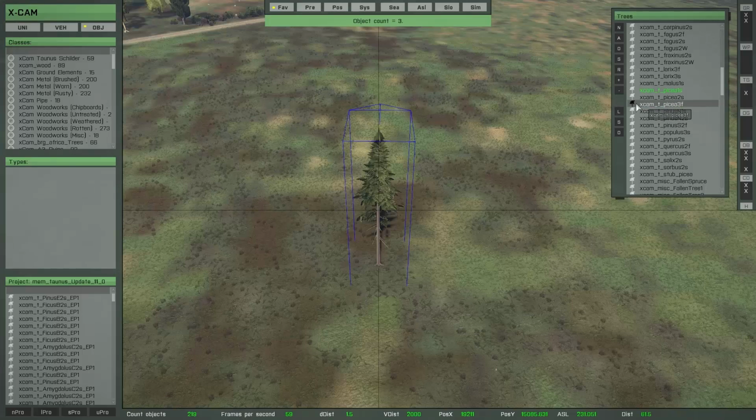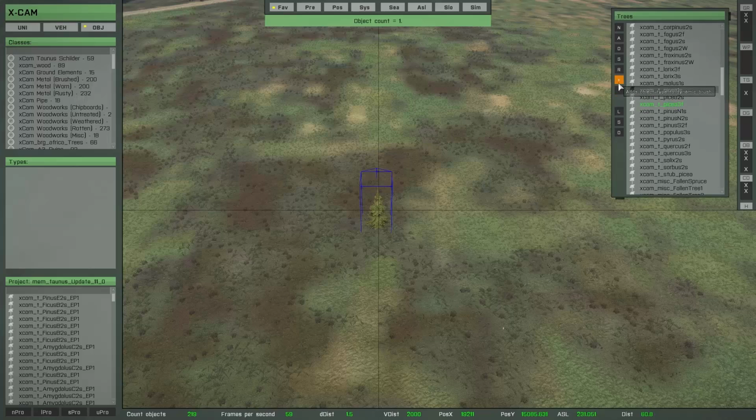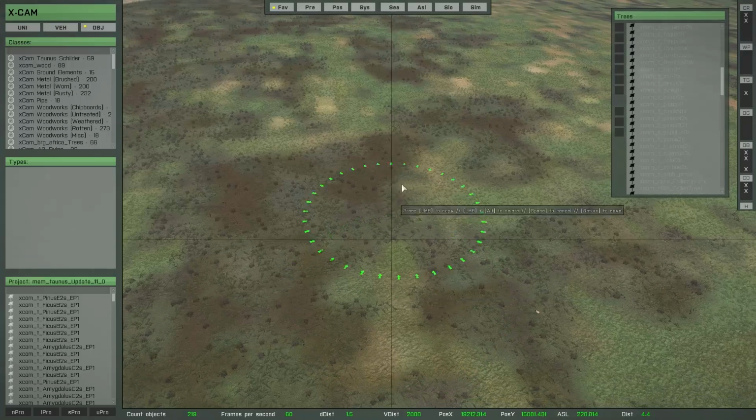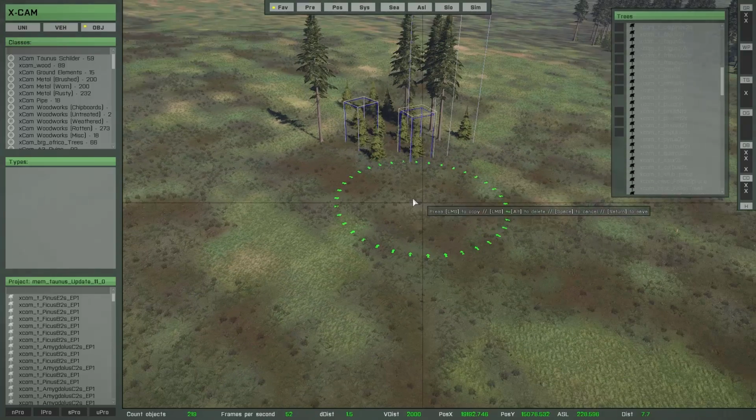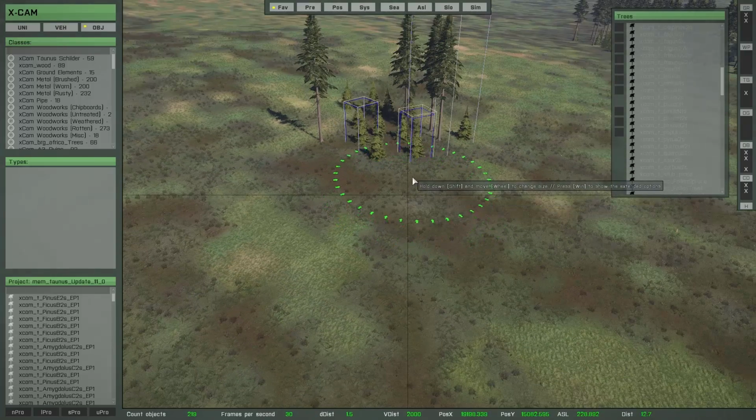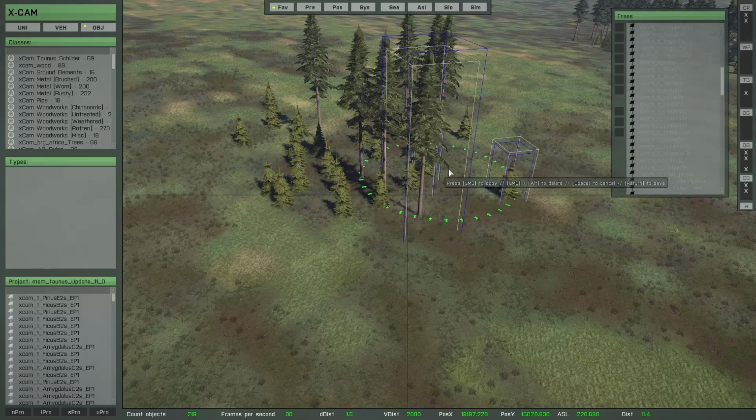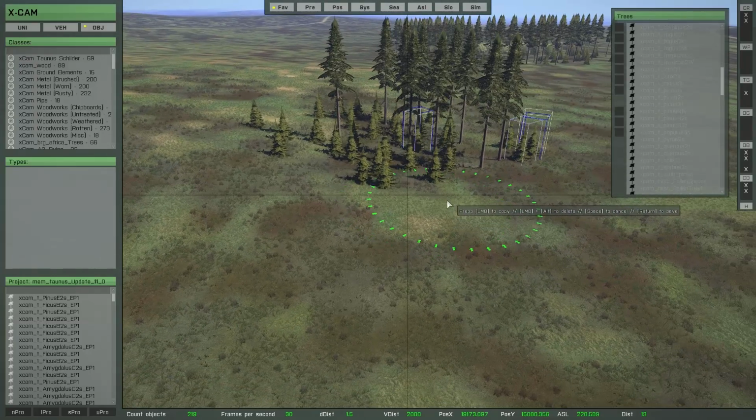Now I decrease the counter for this one, and I increase the counter for this one. Start the brush. Now I change the minimum object distance a little bit to 4 meters. That's okay. Spacebar